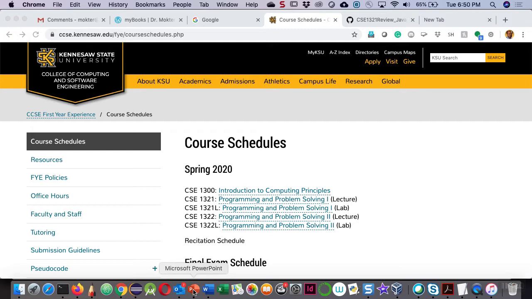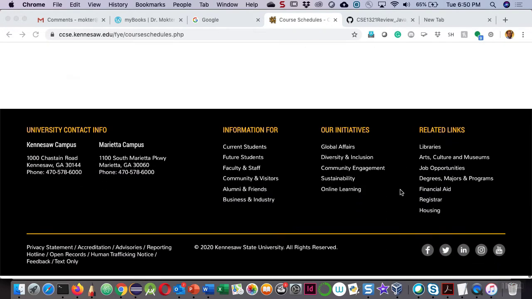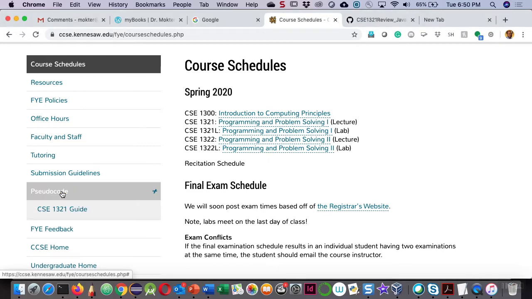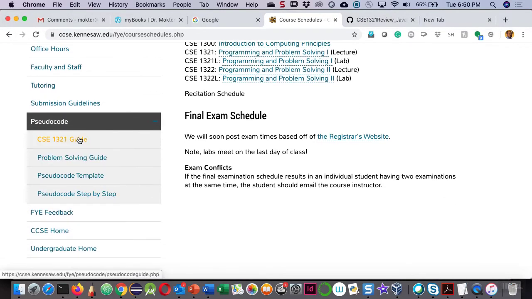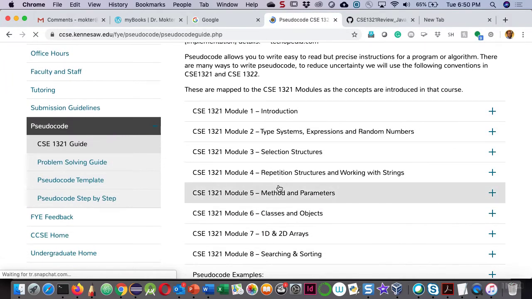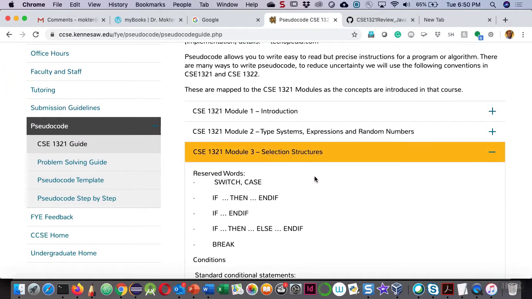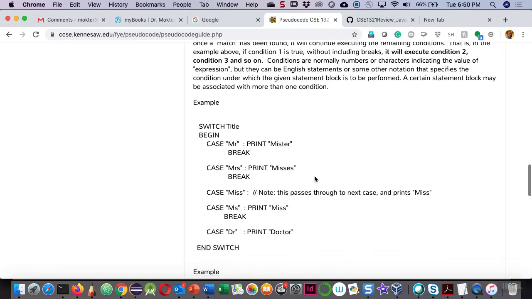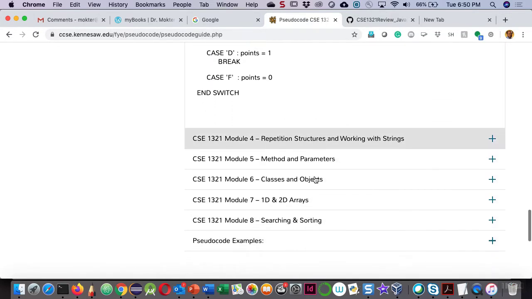And another thing, okay, for pseudocode, you will not be able to write pseudocode for your test 2 and upcoming tests. And in our pseudocode guideline, I asked them to make some changes. They are going to make those changes. Let me see if they have done it or not. One of my major concerns was